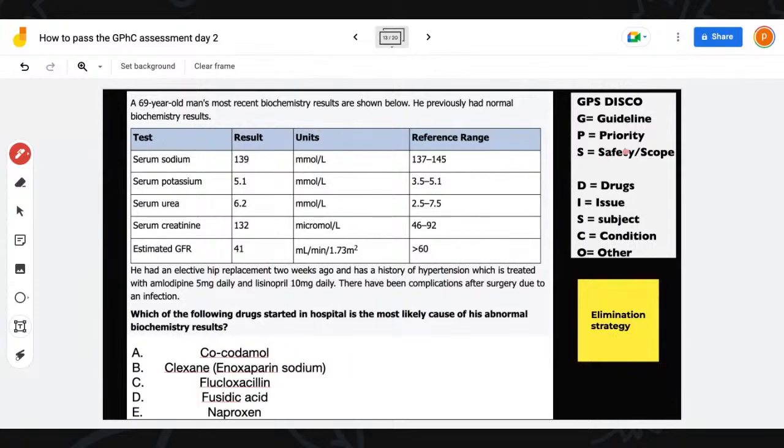Okay, so we could still use the same process. We went through the drugs. This is other, right? Just an example. They're going to give you test results. This falls on the other. We can still tick off it's a man. We could see the whole scenario, the drugs involved: amlodipine, lisinopril. Most of these drugs we don't really need to answer this question. So this question is sort of in between a recall question and an analysis type question.